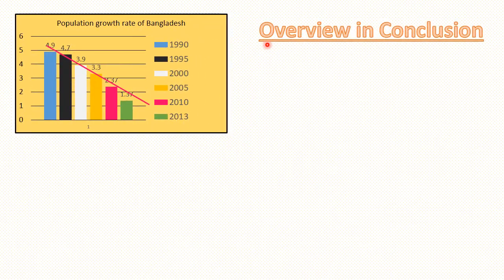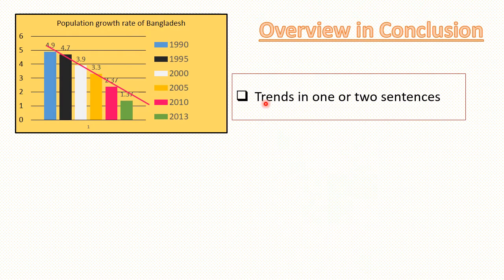And now the overview in conclusion. In the overview, you will just mention the trend as you find in the graph, and we will write the overview in the conclusion. So in the overview in conclusion, you will just mention the trend in one or two sentences, and this is the trend line,